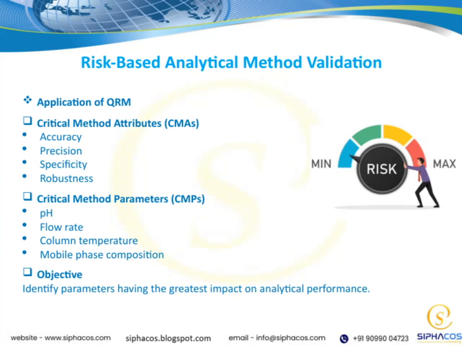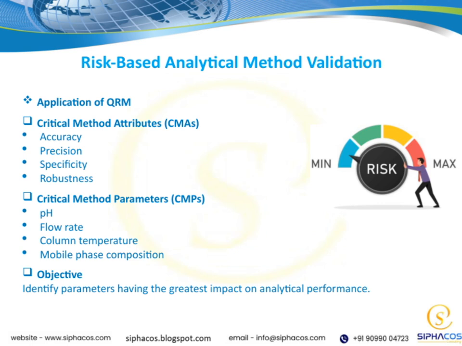Now let's talk about risk-based analytical method validation and how quality risk management plays a key role. We focus on critical method attributes, things like accuracy, precision, specificity, and robustness. These are the qualities that define how well our method performs. Then, we look at critical method parameters, factors like pH, flow rate, column temperature, and mobile phase composition. Our goal here is clear: to identify which parameters have the biggest impact on analytical performance, so we can control